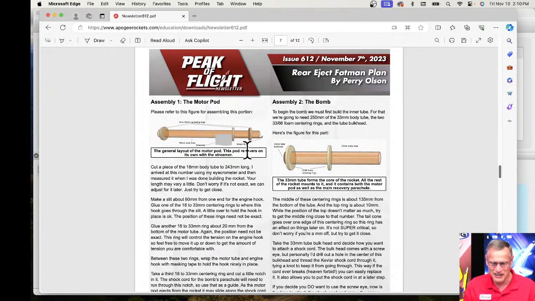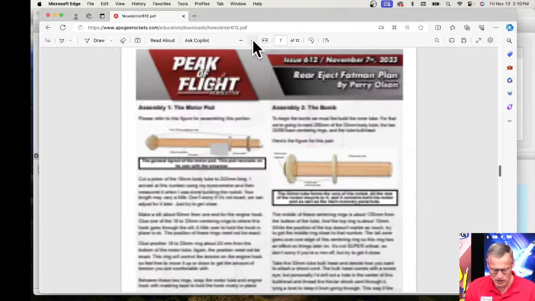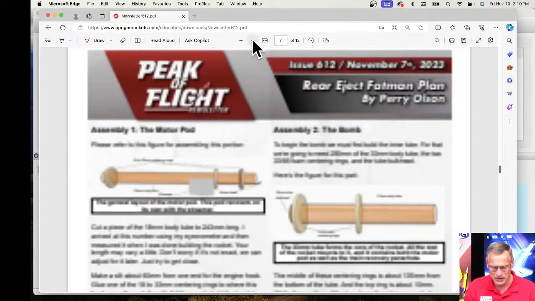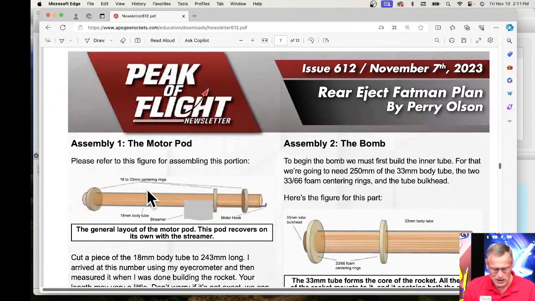Okay, so rear eject is built like a normal rocket. The difference is the engine mount tube and the centering rings are not glued into the rocket. So the centering rings are glued to the engine tube, but they're not glued in the rocket. So this is free to slide. And normally you want to make your engine tube long so that, let's see if I can zoom in on this without it destroying the quality. It's just slow to load. There we go. So there's some centering rings, and you need to have a front centering ring that's pretty far